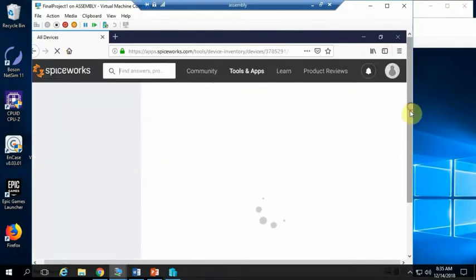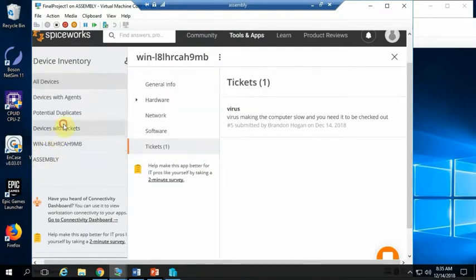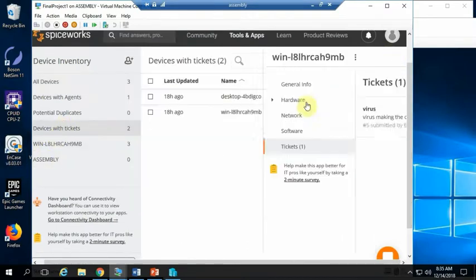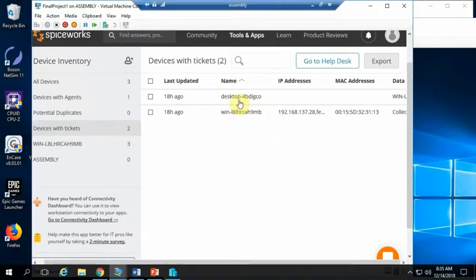It shows us too right here. It says which device currently has tickets on. This is this other device I was messing with, which is the other VM where I had the other current open ticket. And there's this one, which is the one I just added, which now you can see comes up saying that there's a ticket. So if I switch back over,